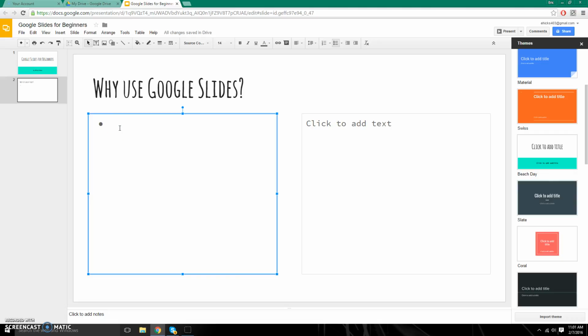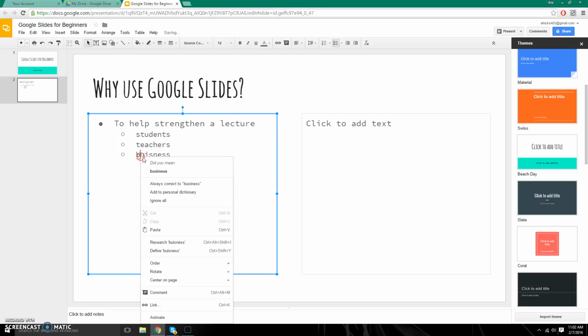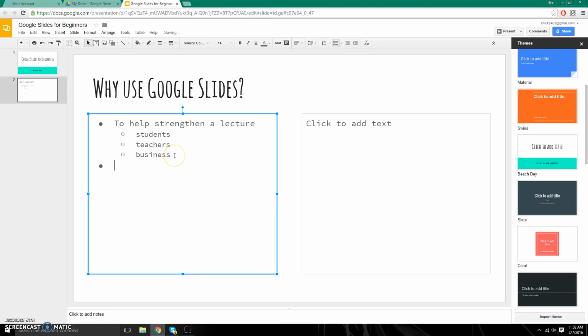So for example, I might add "Why use Google Slides to help strengthen a lecture" with a capital there. So to help strengthen a lecture, I also mentioned this might be for students, teachers, for business, etc. Can't type today, that's fine. Use Google Slides to add visuals to a lecture,